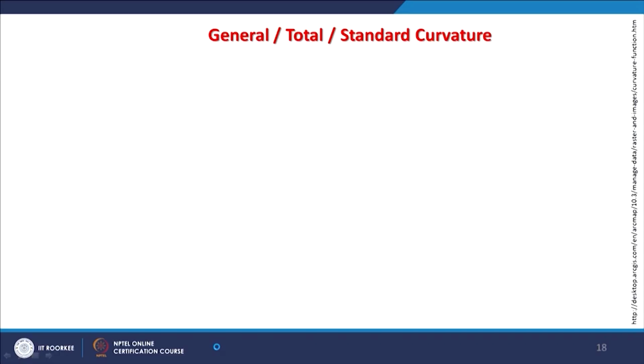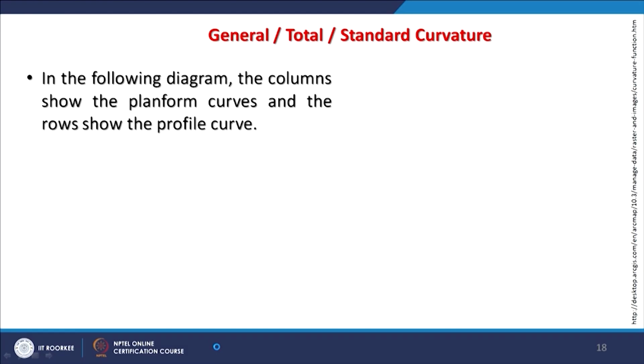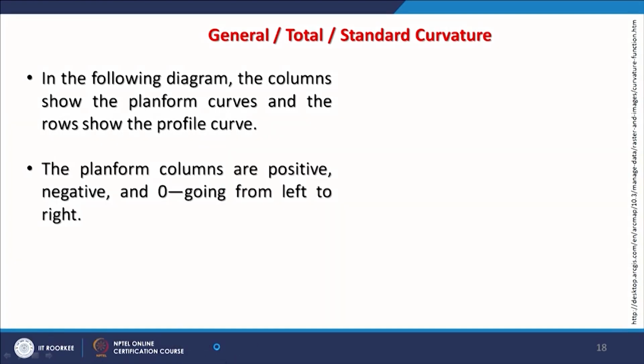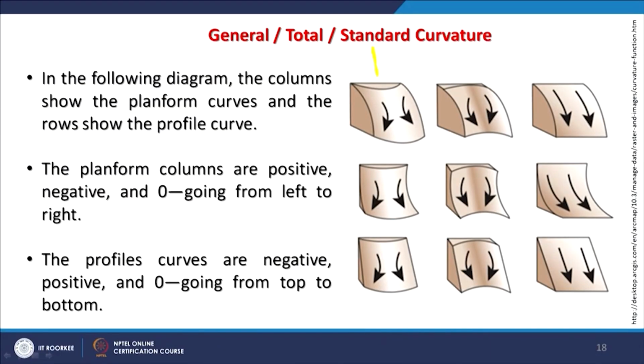That will allow us to even predict what is going to happen in certain conditions. So, the diagram which we are going to have here has, in the columns vertically, the plan form curves, and in the rows the profile. In the plan form columns are positive, negative and 0. So, the first one is positive, this is negative and this is 0. The profile curvature curves are also negative, positive and 0 going from top to bottom, positive, negative and 0 in